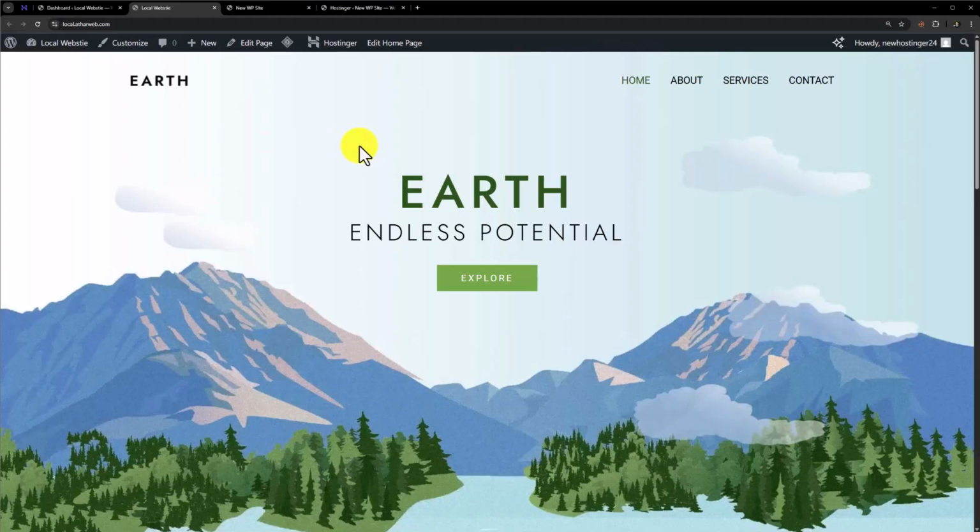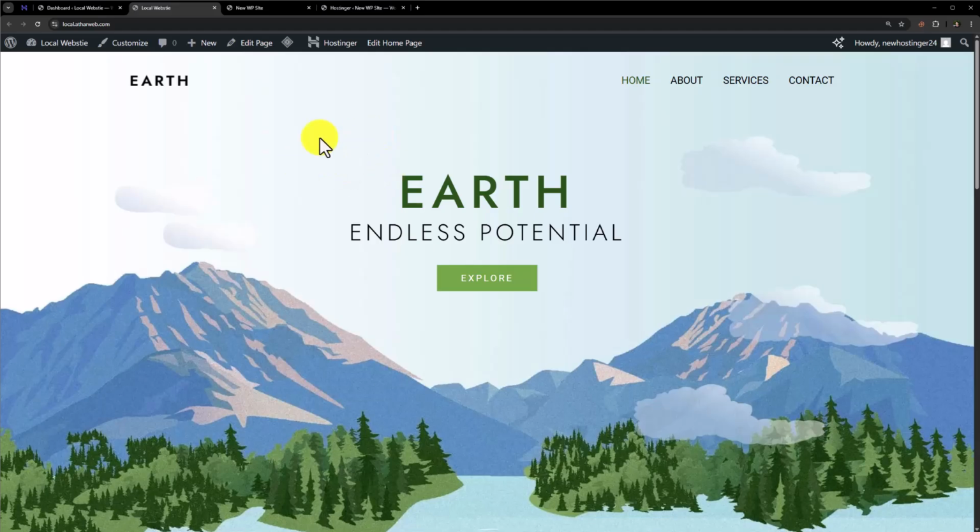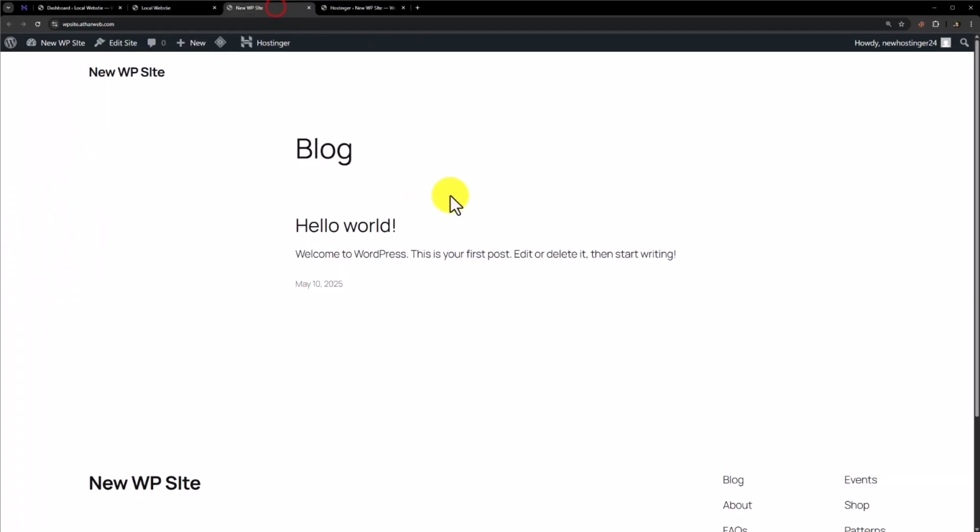So this is our local website and this is our Hostinger website. So today we will transfer this local website to Hostinger. Before starting the video, if you don't have WordPress installed on your Hostinger hosting and domain, first install WordPress and then follow the instructions. First of all, we need to log into both of the websites, the local website